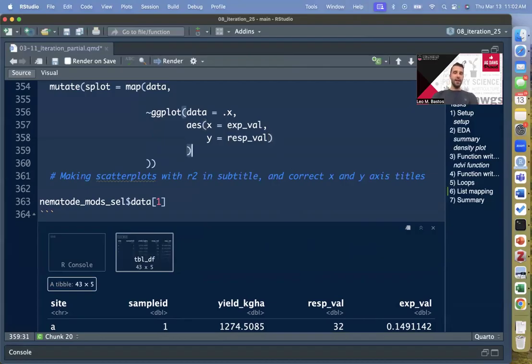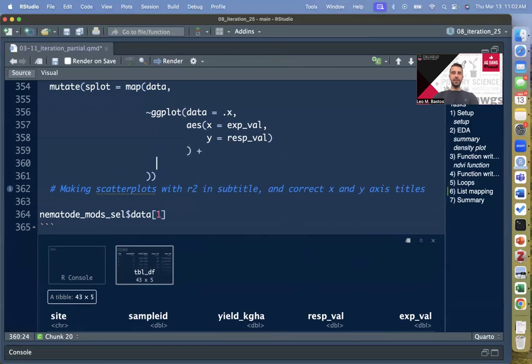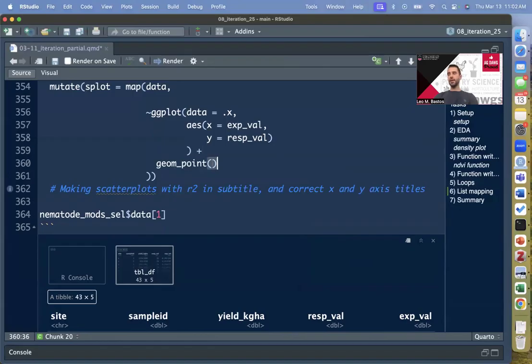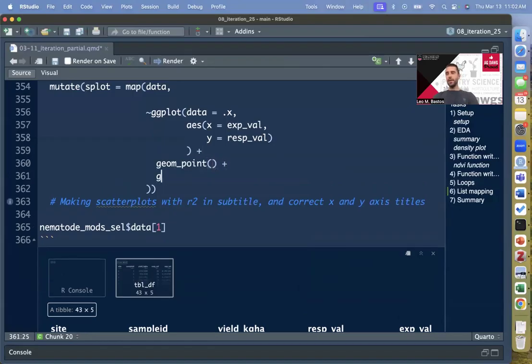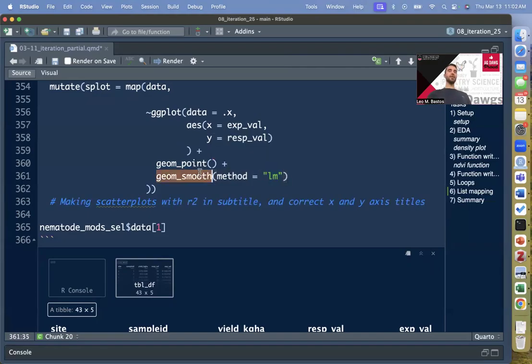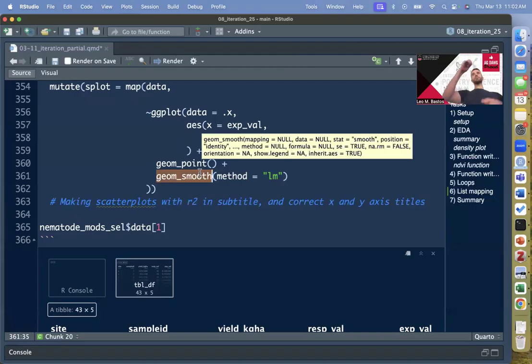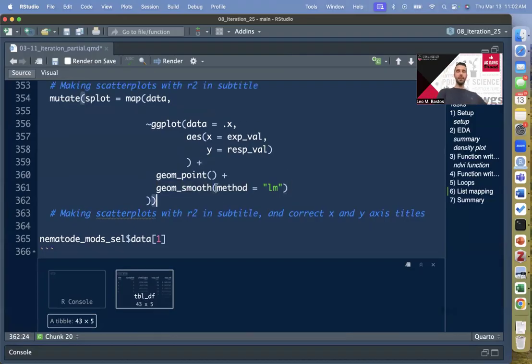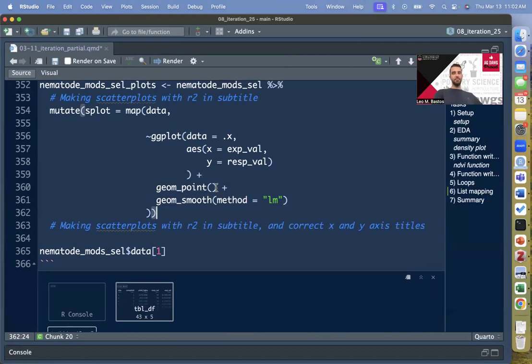If you come outside of the aes and outside of the ggplot, let's add a plus and call it geom_point. That's going to be our scatter plot. I do want to add a geom_smooth as well, so it shows us a linear model going through those points. We have to change method equals lm, because the default method of smooth is a loess type of model, which tries to be a wiggly line. We just want a linear model so it matches our actual linear model that we ran. All right, so if you run this,